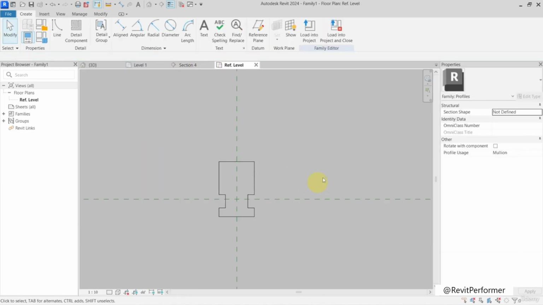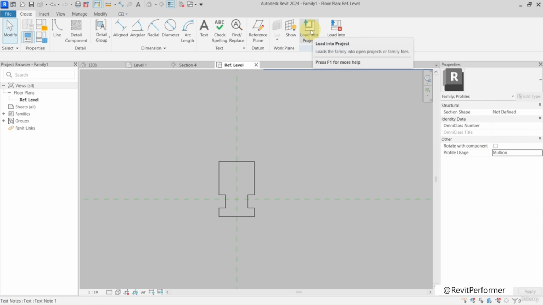And there is one thing with the profiles which you should select now, and it is the profile usage. If you are using the profile curtain wall family template, the profile usage here is automatically set to mullion. If you set it to something else, generic, you can see the profile family in all of them. And these are the other categories which are using the profile families. You can see that, for example, in the wall sweep, I have a profile. So if I leave this to be the mullion one, and I load it into my project,